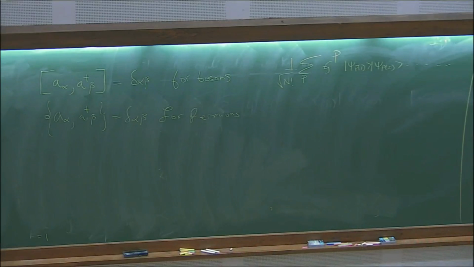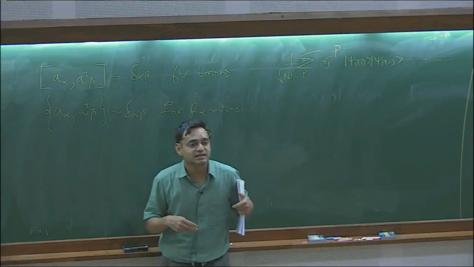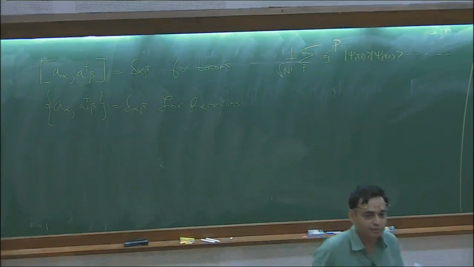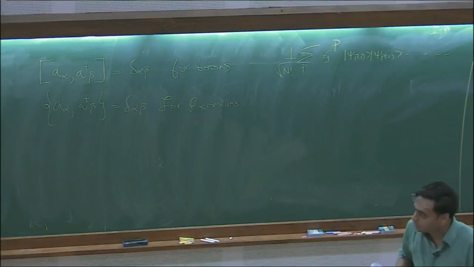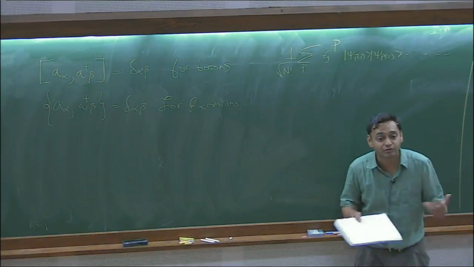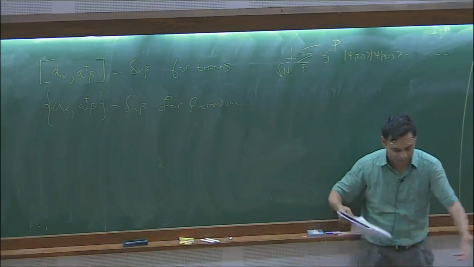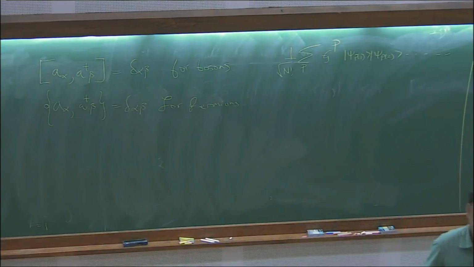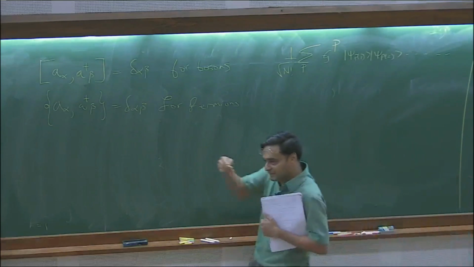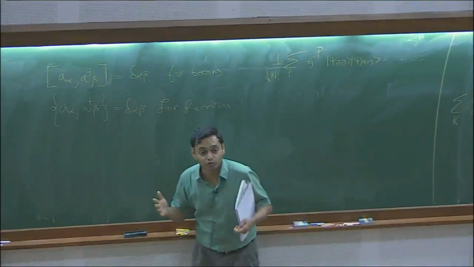Okay? Good? So this is the language we want to use when we describe systems of many bosons or many fermions. Today's lecture we will have occasion to discuss a system of many fermions. What's more, fermions whose particle number is not conserved by the Hamiltonian. Okay? So we are going to use this formalism. In the next lecture we'll use this formalism for bosons.